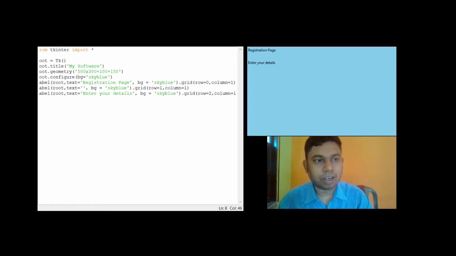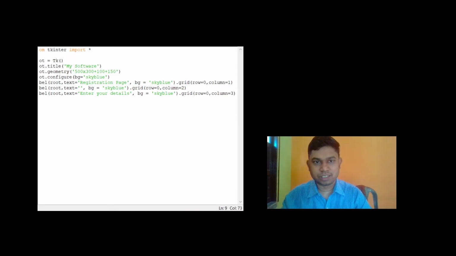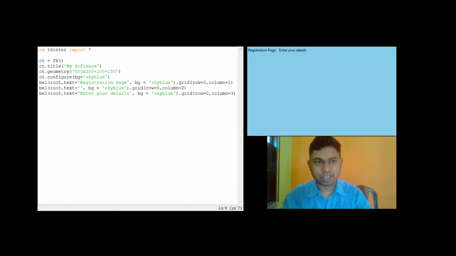Now you can see that my details have come. Now if I want all of them to be in the same row, then I would just make the row same, and I'll just change the columns, 2, and here it's 3, and now you can see that everything has come in the same row.